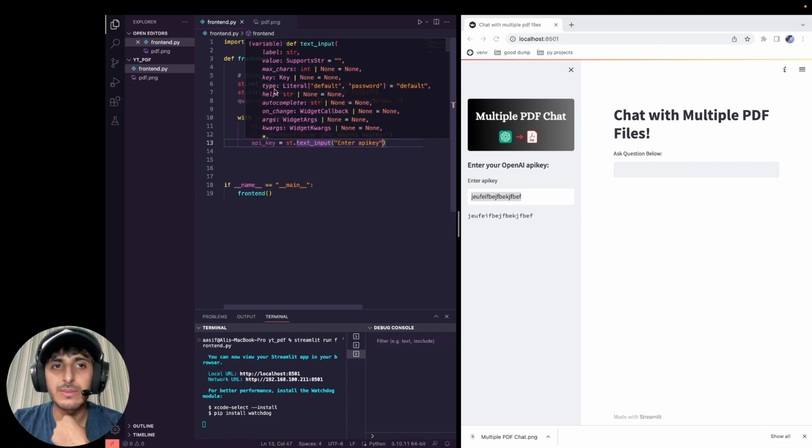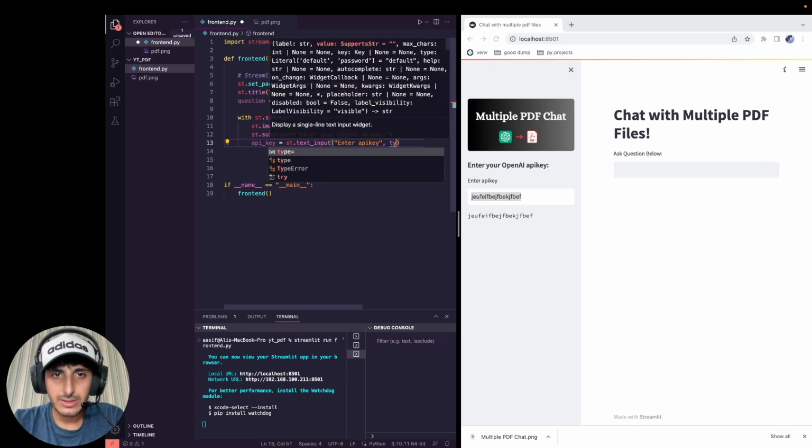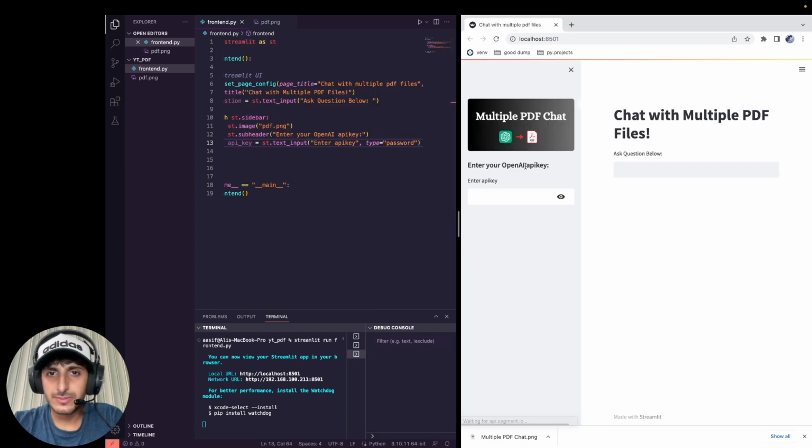So we can put in a parameter called type, which can be password or default. So let me show you over here. Type. If we set this to password and reload this, now you can see that it's actually showing up as password. So it's like showing up these secret letters which the other person is not able to see,